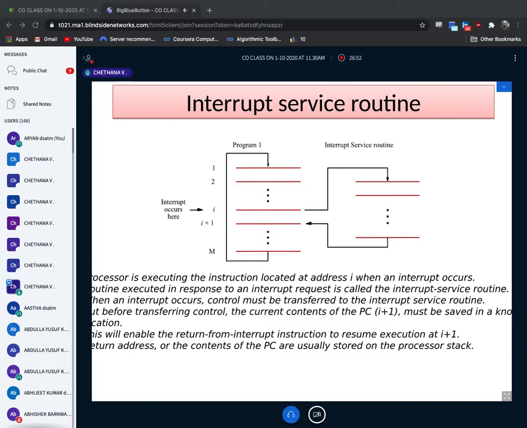Okay, I think you're able to see the slide, right? Nothing to worry, you're able to see the slides. I have logged in on my system also. Everything is fine now. So we'll take you to the interrupt service routine. I think you're able to see this slide, interrupt service routine. Everybody, can you message me yes, so that I can make out? Yes, yes, yes. Okay, fine now. Everything has worked out.